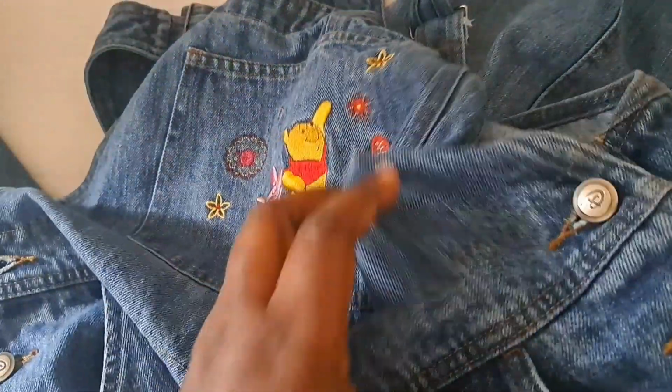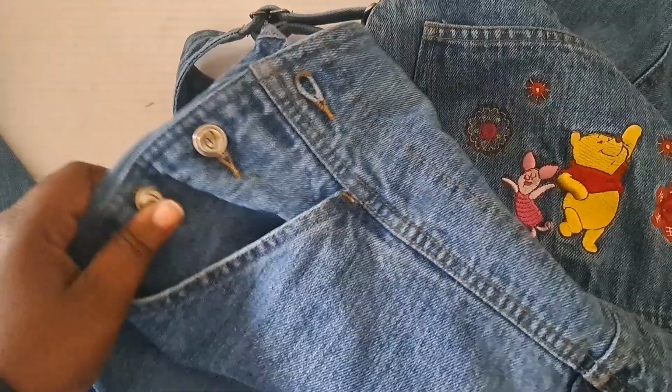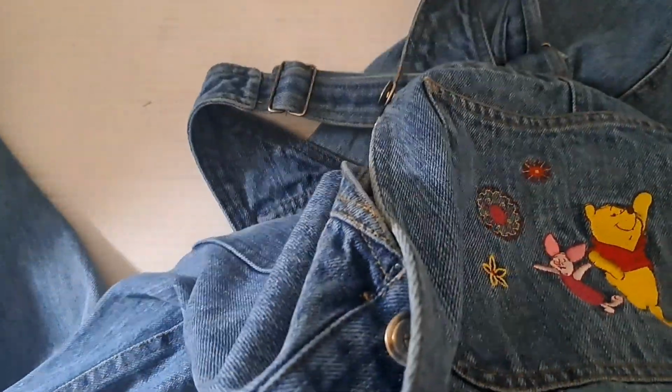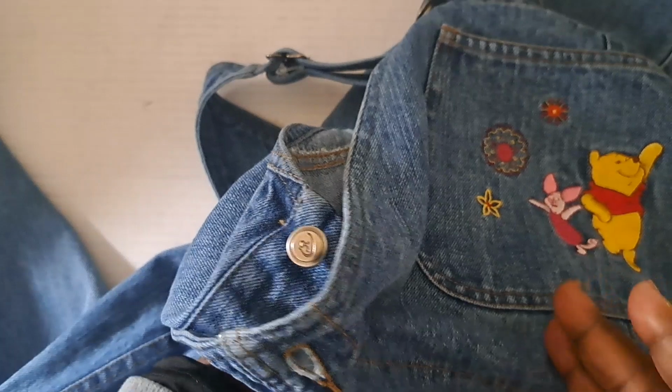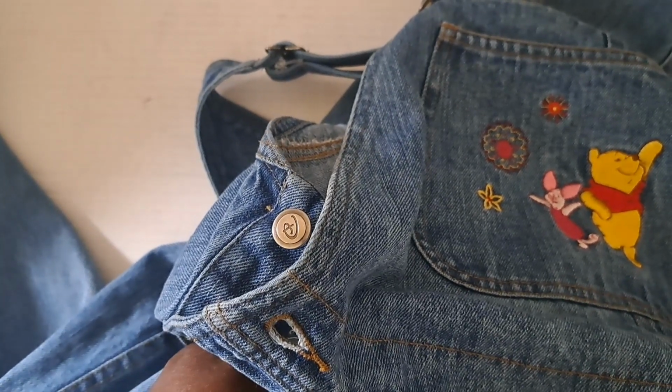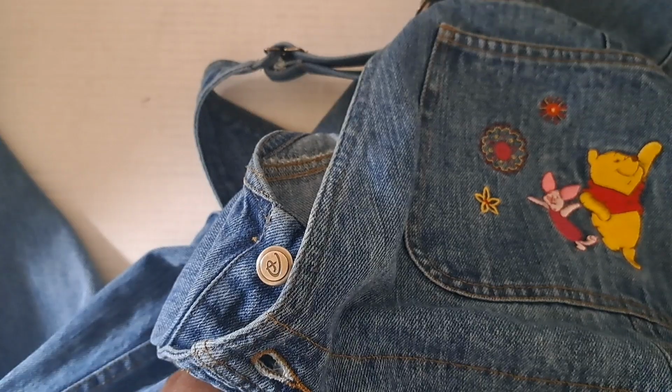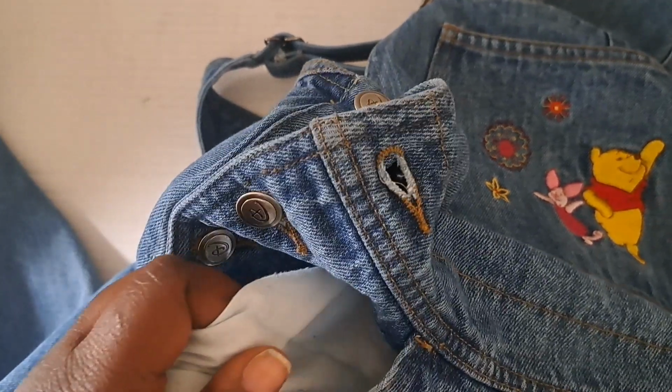Pocket clean. Okay, like I said, you guys already know me. If something is not clean, I'm not going to ship it. I'm not going to sell. Well, I'm not going to list it in the first place if it wasn't clean. And then I probably wouldn't ship it. If something did happen to it, I probably would clean it first. But